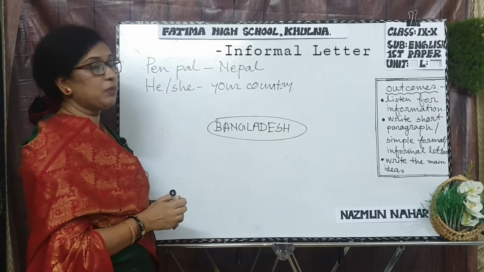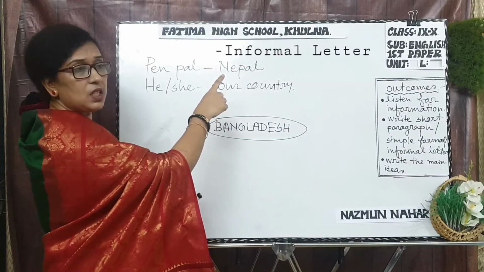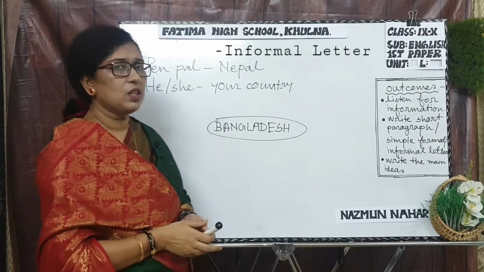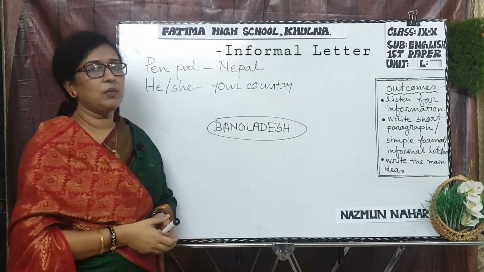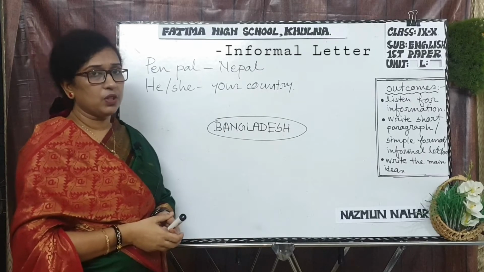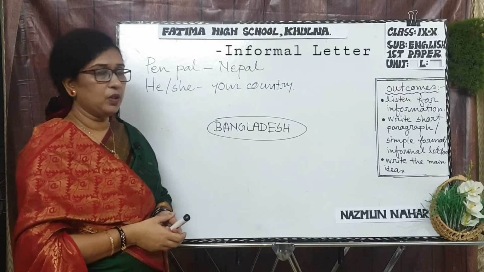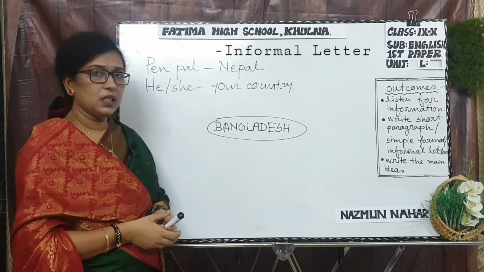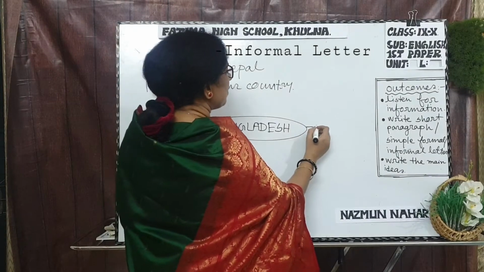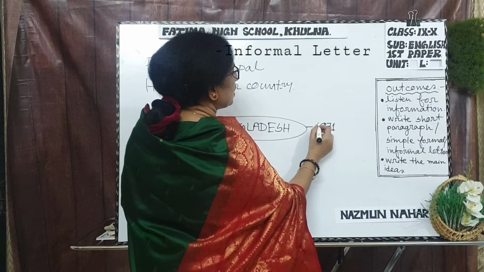In your letter, because she or he is from a foreign country, she or he doesn't know anything about Bangladesh. Maybe she or he only knows the name of your country. So you can write about your country from top to bottom, that means from the birth. So first number you can write that we became independent in 1971. Be careful about the date.